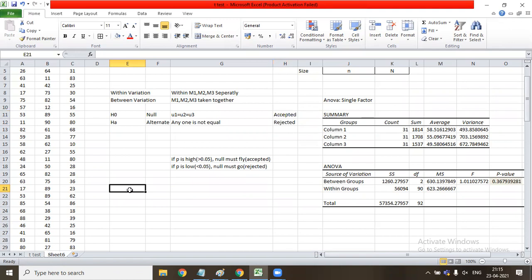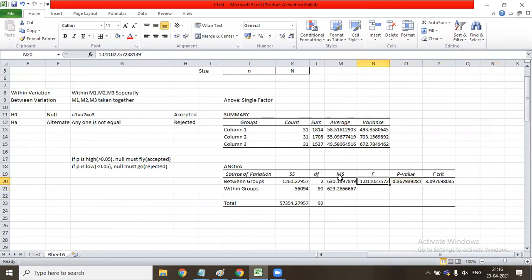Sir, then how are we using this information of taking between and within together and separately? This is the thing which ANOVA has used in the backend. ANOVA has calculated the variance, the between groups, the within variation and between variation. It has calculated all of it on the backend, on the basis of which it calculates the F value and F critical value. There is another way: if you don't want to use the p value, we can use F critical and F value as well. But I actually don't want to confuse you. So please stay with the p value only and apply this slogan. You will be able to know whether to accept or reject the null hypothesis.